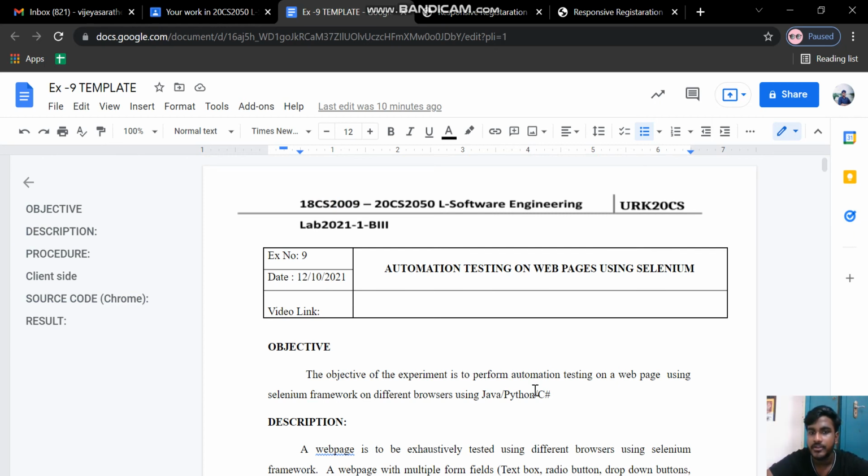The main point to note here is first you have to create a web page, and you have to download Selenium and Chrome driver, 32-bit or according to your PC or laptop, you can download these two, Selenium and the Chrome driver exe. After downloading it, you have to extract these two.